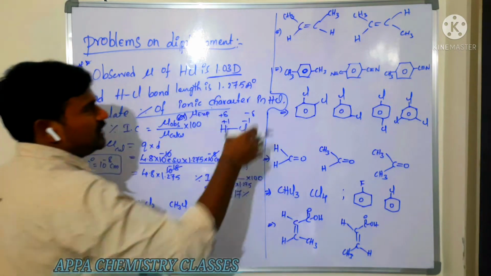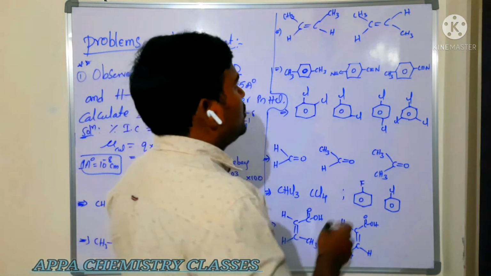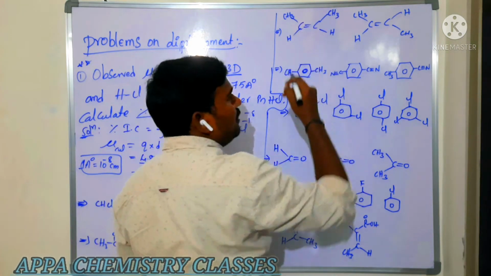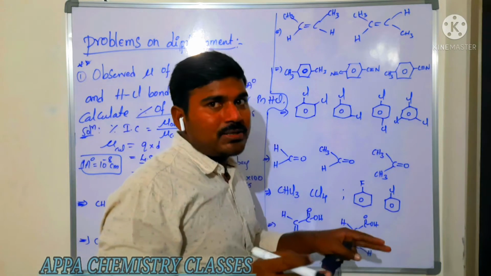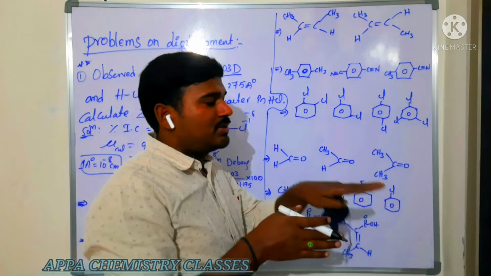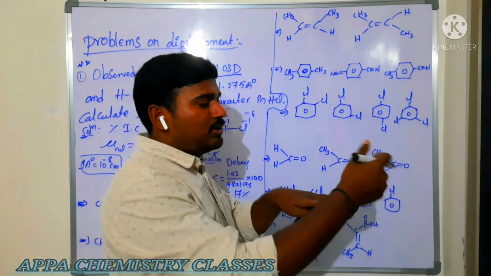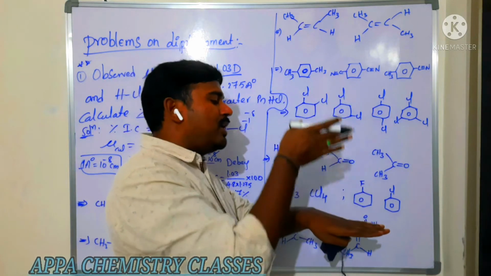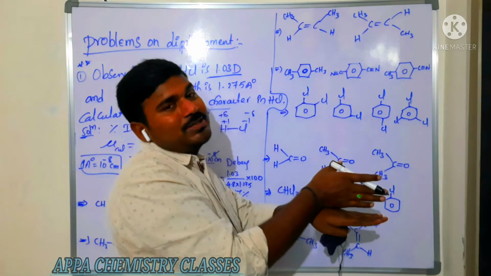Now after that we will see some examples. Which molecule is here? The same type of groups are on the same side of the double bond. Yesterday's class I told you how they are perpendicular. A sigma bond is formed by end to end overlapping, and the pi bond is formed by sidewise overlapping. The pi bond is perpendicular to the sigma bond.